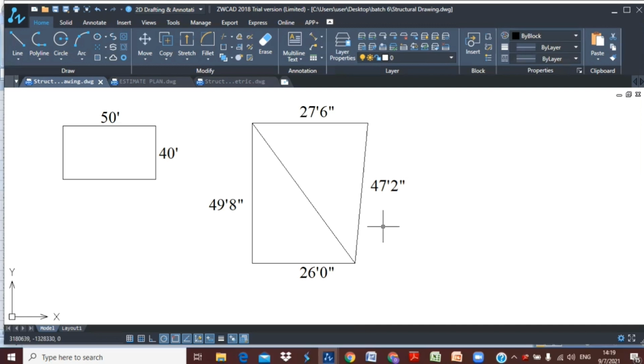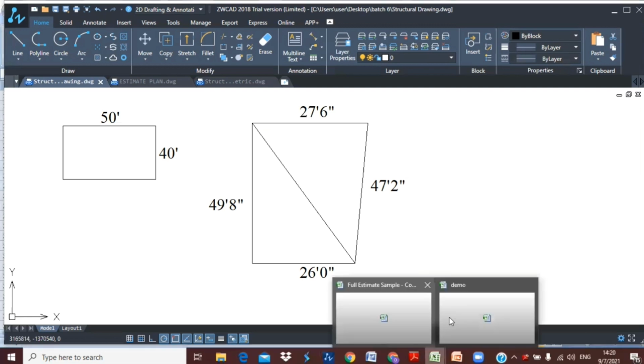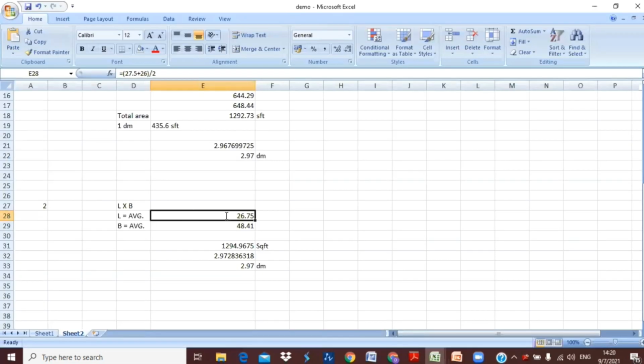For the breadth also, I will use the same method. Here I have added these two lengths L and divided by 2